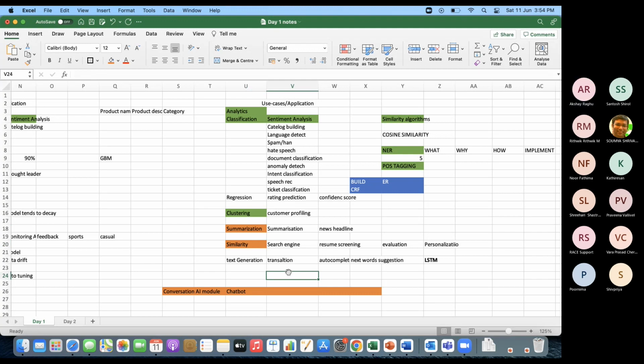Now, detailed summarization we'll revisit later, the abstractive one. Search engine recommendations and all of it we'll do on day 3 first thing. We'll cover similarity, the overall concept, and then we'll move on to text generation. Now, before that,